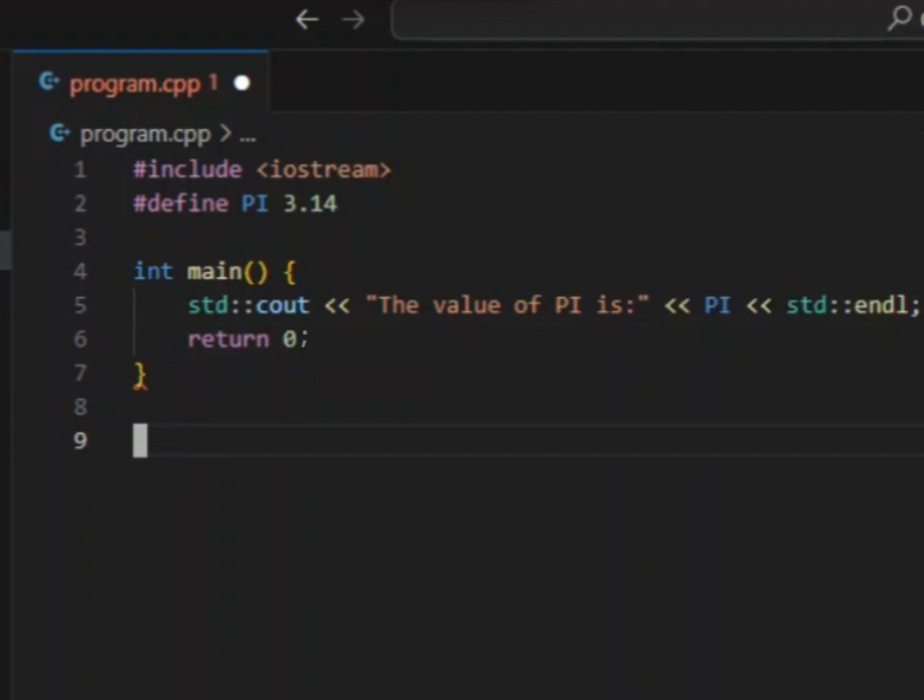Here is what happened step by step. Header file includes, #include <iostream>. The include directive tells the preprocessor to include the contents of the iostream file, which provides functions like std::cout.